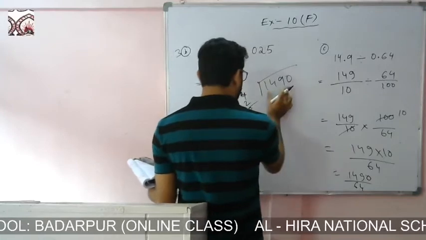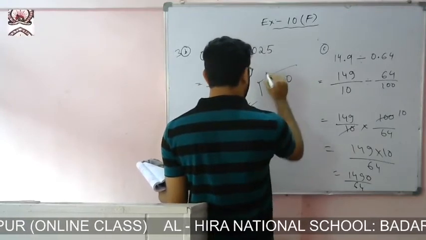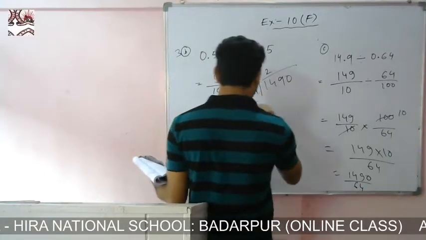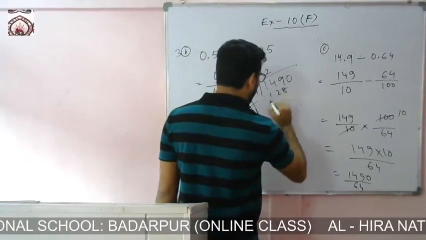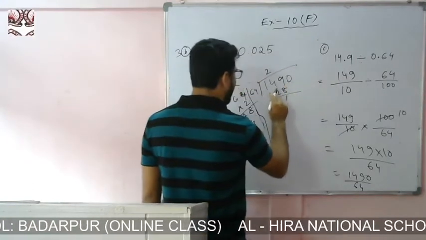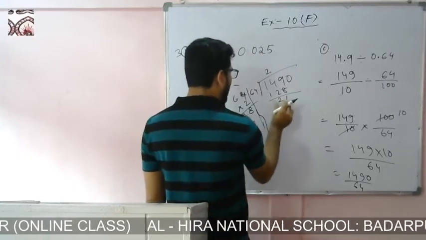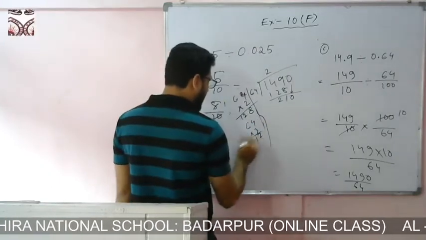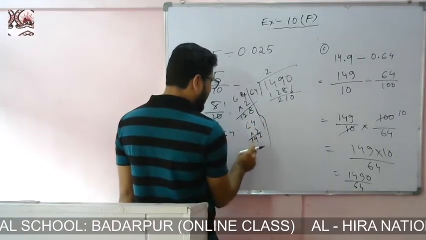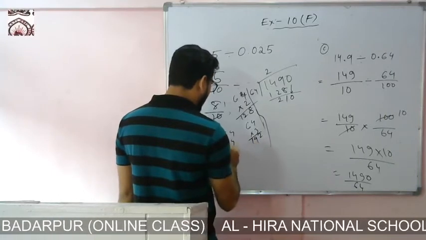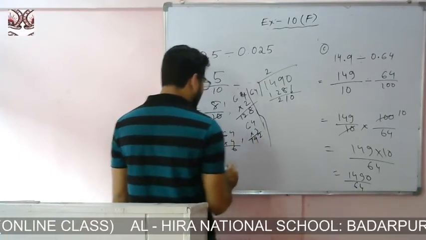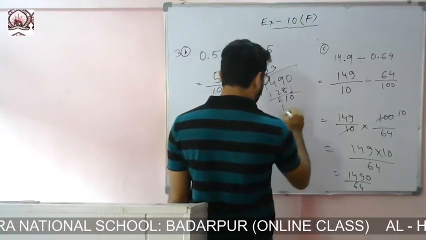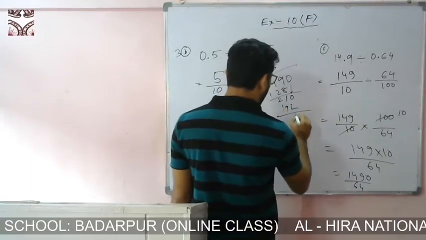So it crosses 149. So we'll write 6 2s are 64. 64 2s are 128. Okay. 9 minus 8, 1. 4 minus 2, 2. 221. So it is not divisible. So we'll take 0, 210. Now let us check with 64 into 3. We are getting 192. Now we'll check with 4: 4 4s are 16 and 1, 6 4s are 24 and 1, 25. 256. So we'll put with 3. We'll get 192. Then 10 minus 2, 8.